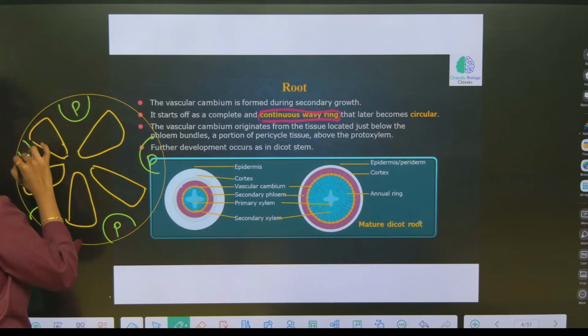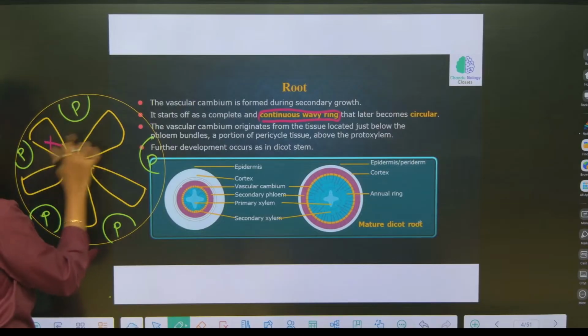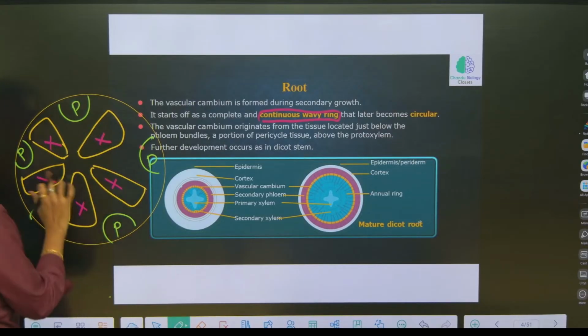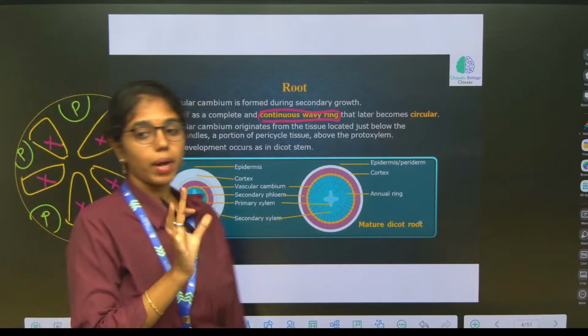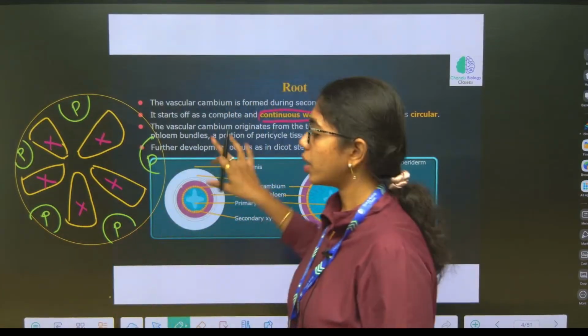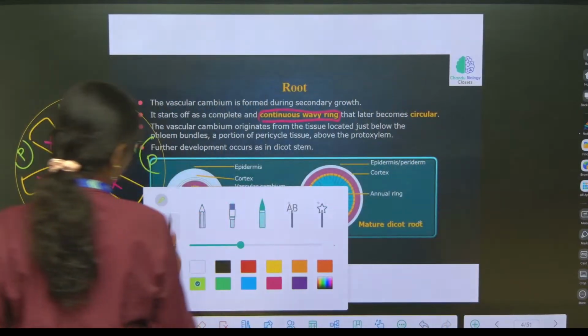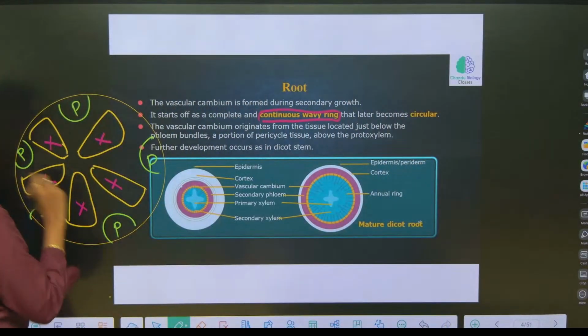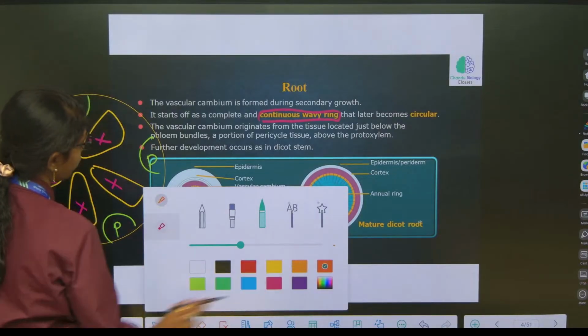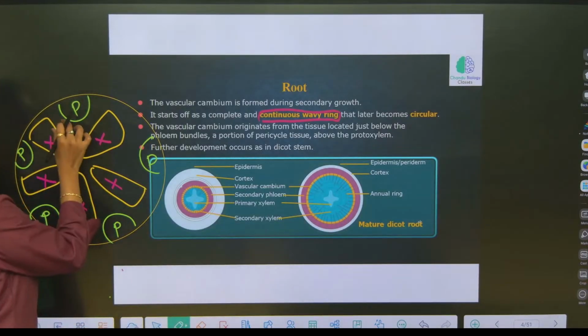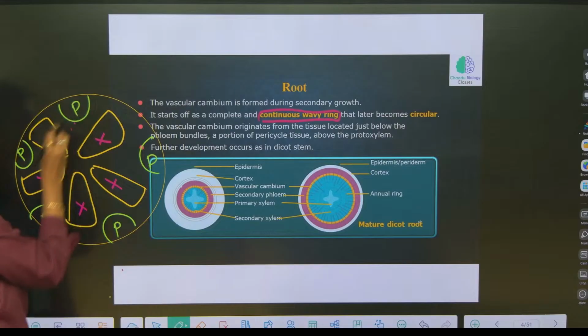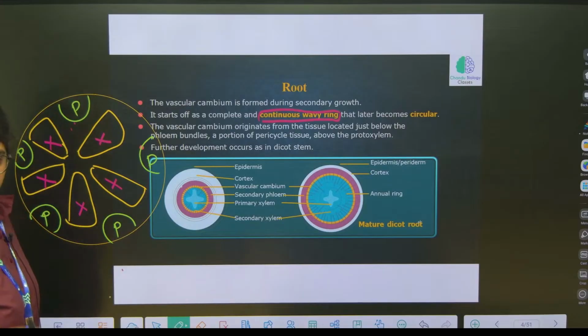This will be the arrangement, yes or no? These are the xylem tissues and this is the phloem tissues. Both xylem and phloem are not on the same radius. So, in the root we will see radial type of vascular bundles. Here you observe: first, what is formed in between xylem and phloem? Cambium is formed. The tissue which is present in between xylem and phloem here is called conjunctive tissue, and